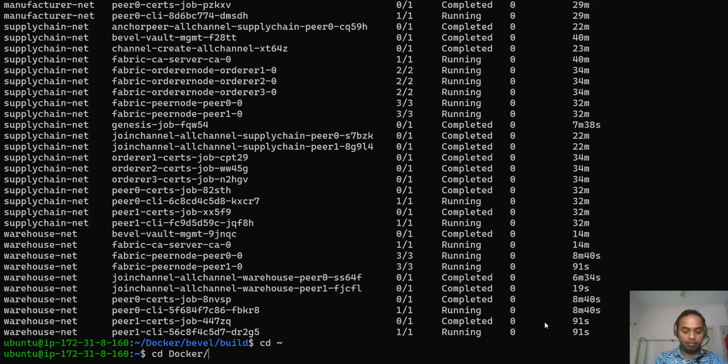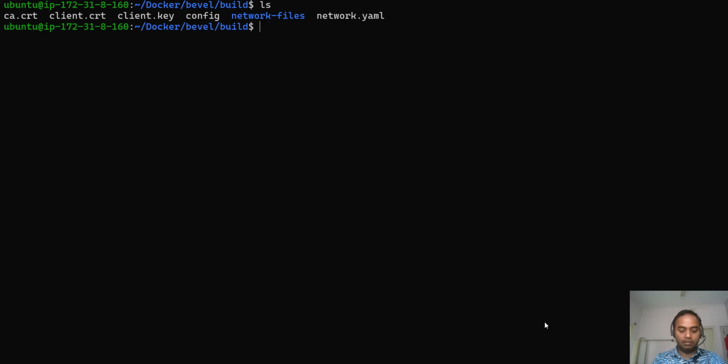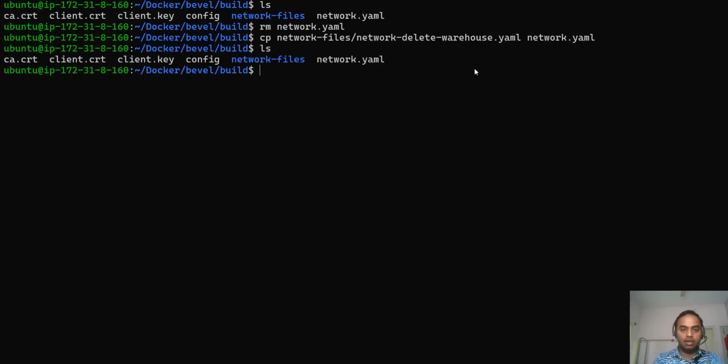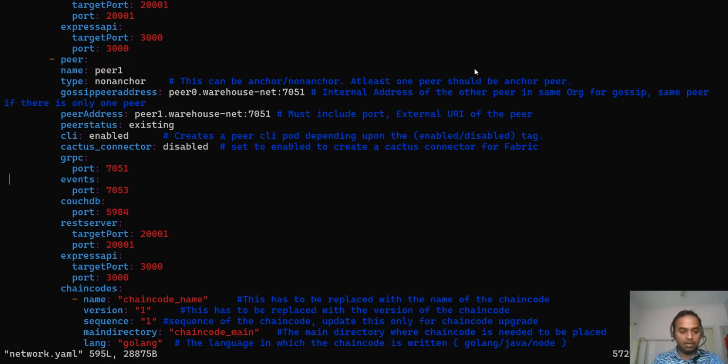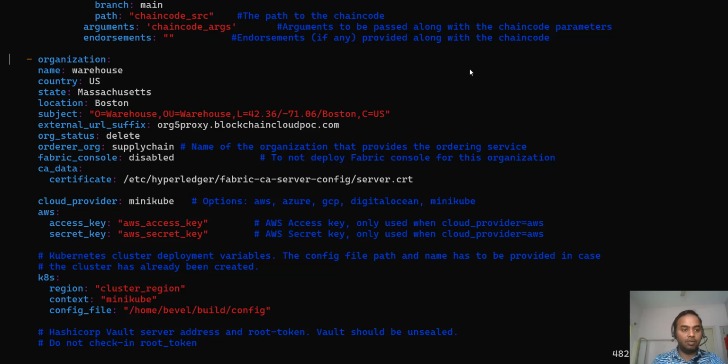cd docker bevel build, clear the screen, ls. We have to remove the current network YAML file. Copy the network YAML file from this folder, network delete warehouse YAML to network YAML, ls, vi network YAML file. Now if you see in this, for the warehouse-net, we are going to delete this organization, warehouse. So we have kept the org status as delete here. So come out of this,